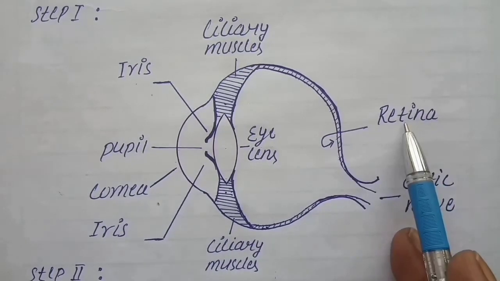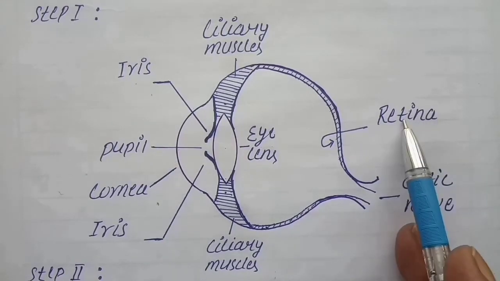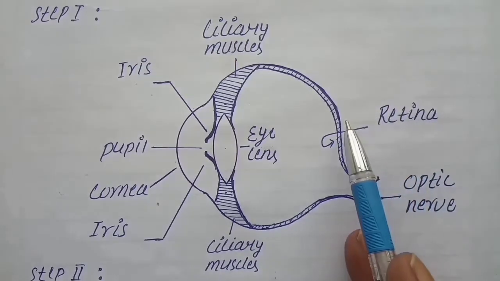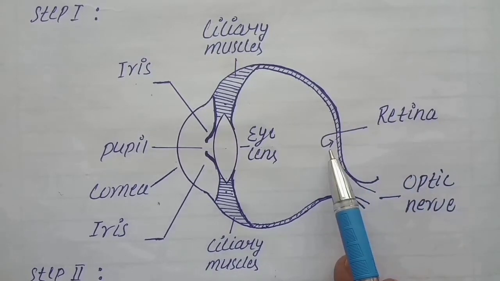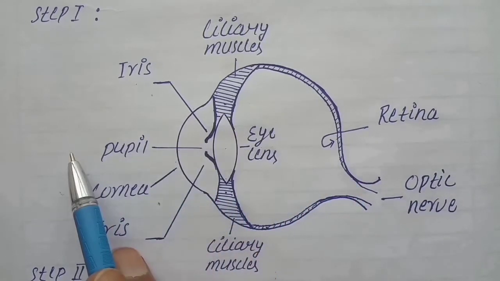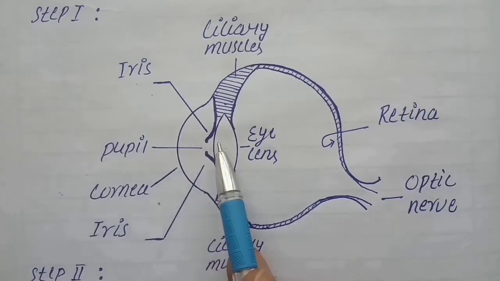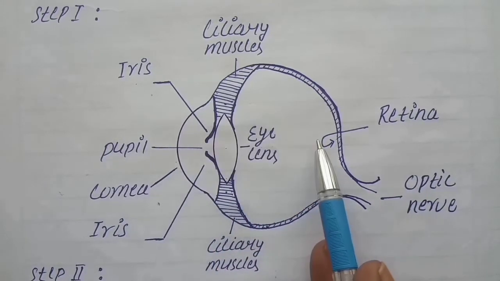Next is retina. Retina plays the role of a photographic film. That is, it is a light sensitive screen of our eye. We mean light here from the rays which are coming from those objects which are being viewed. So the rays coming from them are also called light rays or simply light.